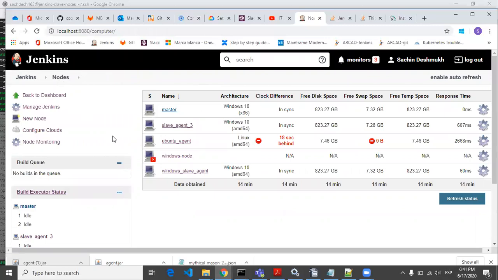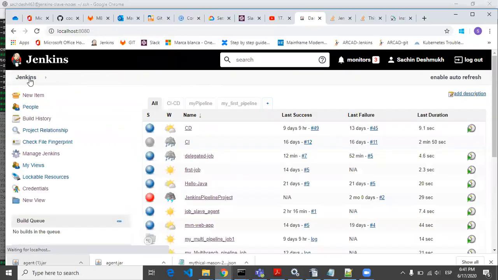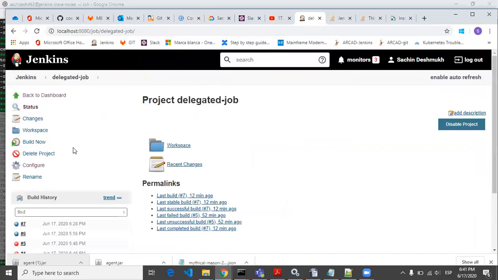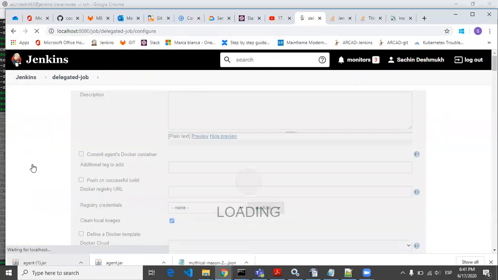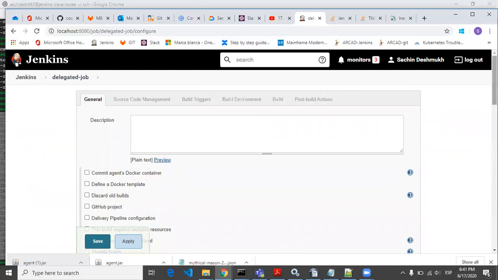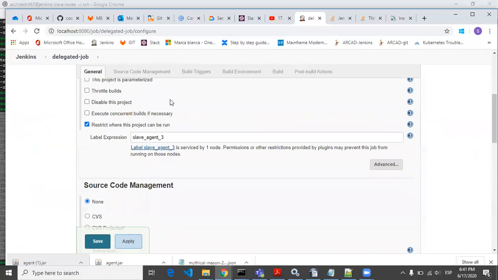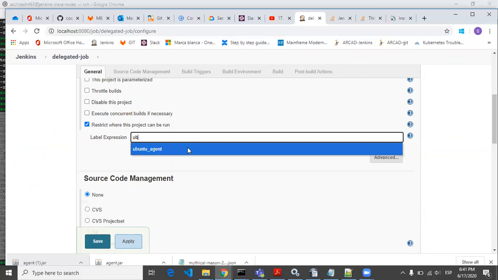Now let's go to the job which we already created. This is a delegated job. Let's do some changes in this job only. Restrict where this project can be run. Let's use that slave node, Ubuntu agent.